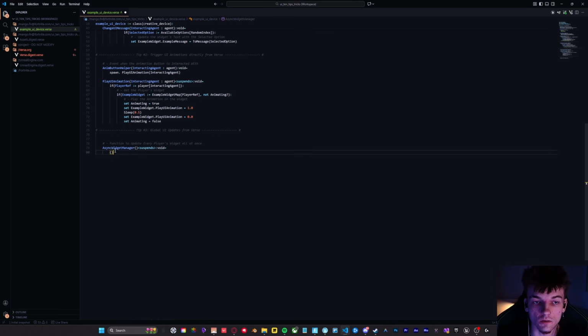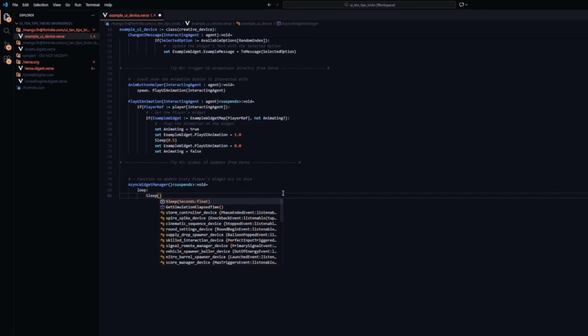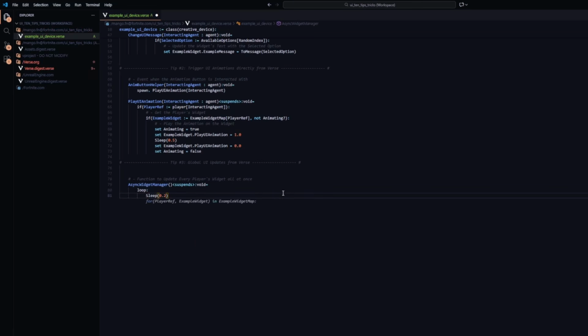So I've gone ahead and set up a very basic suspends function, and what we're going to do is first create a loop and sleep by 0.2 seconds. This is like an instant update thing, but there are some cases for timers. If you want a global timer, you would just set this to be 1 second and then increment it. But for this example, we're just going to do 0.2 seconds, and we're going to first establish